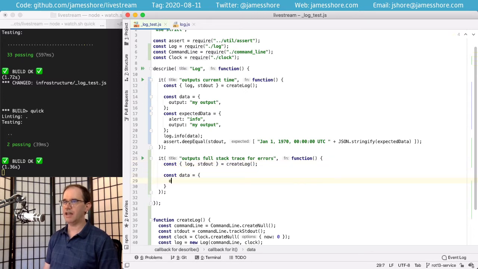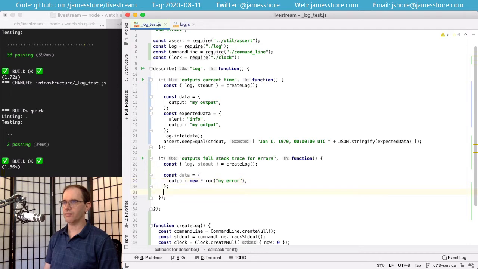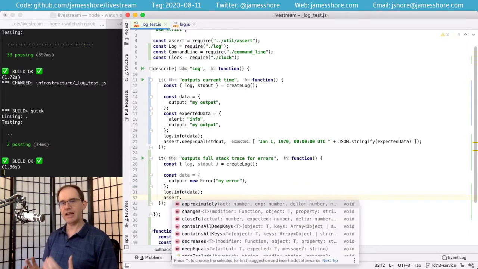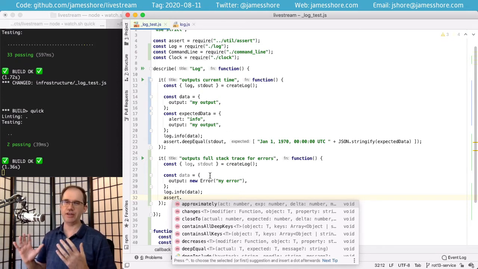So the data in this case is going to be a new error, and we'll log that. We can't just do a deep equal on this because we're going to want the error to include the full stack trace, and we don't want to constantly update our test anytime that stack trace changes.